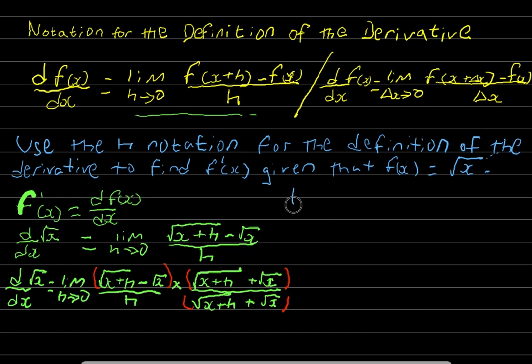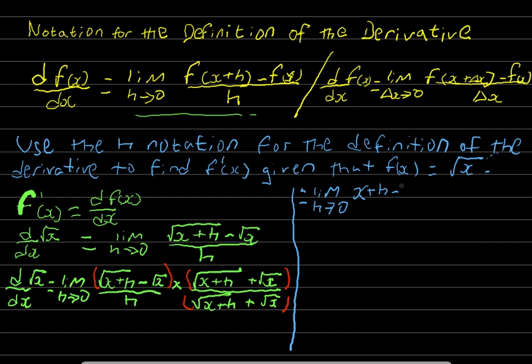Let me draw a line to demarcate this. So we are going to have, still on the limit as h approaches 0, when we multiply square root of x plus h times square root of x plus h, we'll have x plus h,